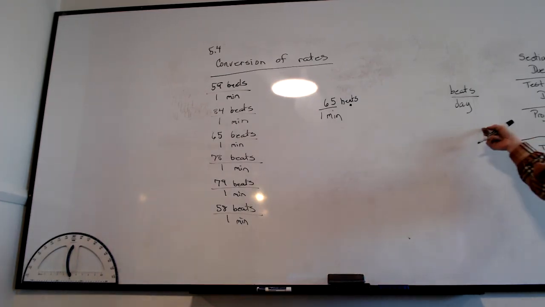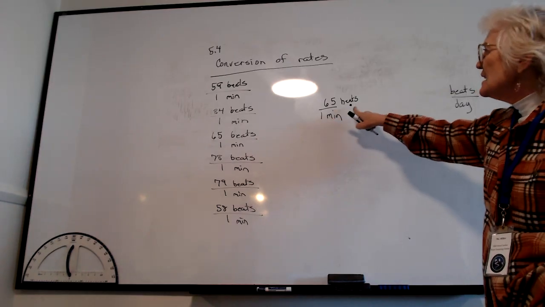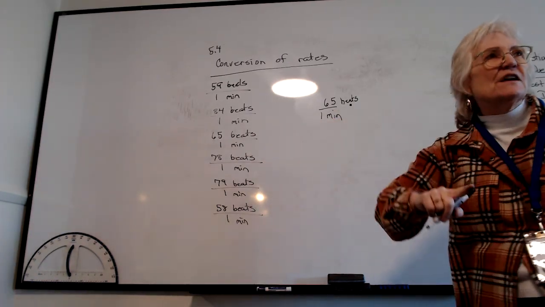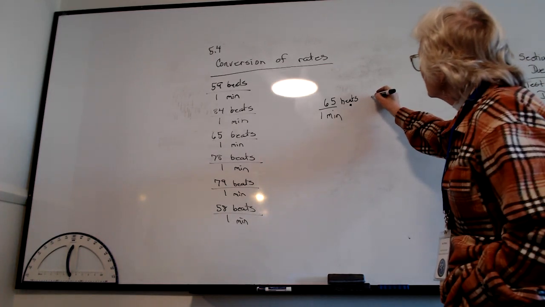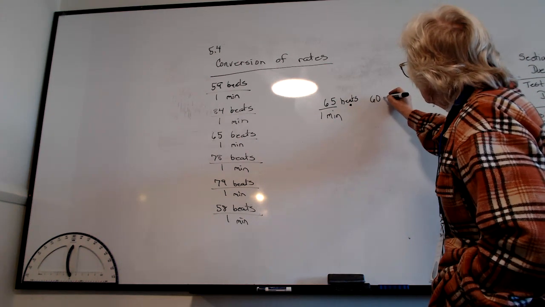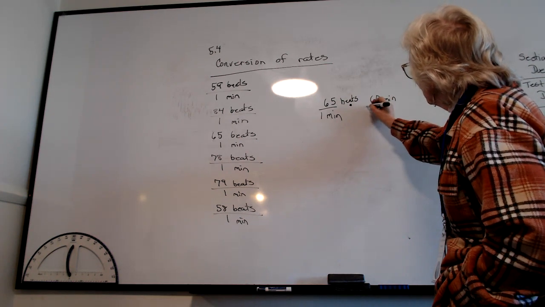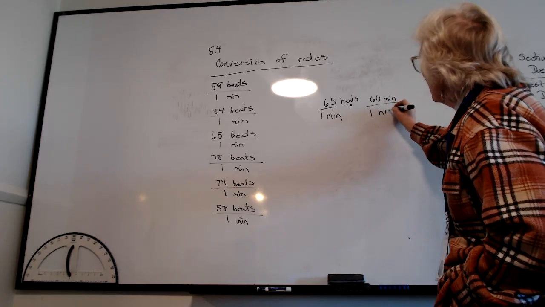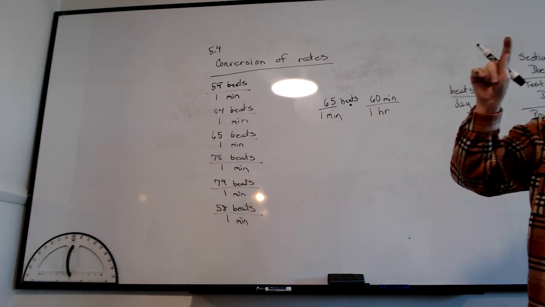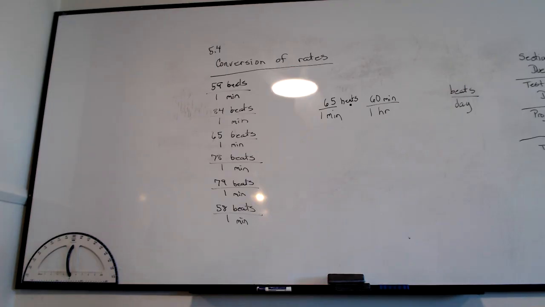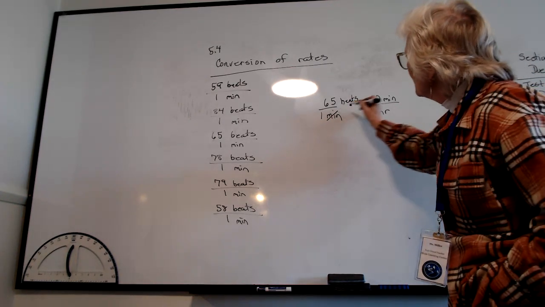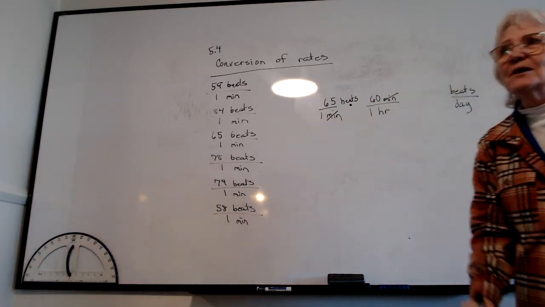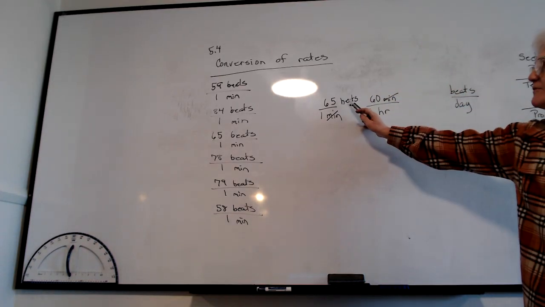So we wanted to get it into days. We can get minutes into hours. How would we do that? What would be my conversion rate I would use? Yes. Multiply it by 60. So it would be 60 minutes per 1 hour. The thing that's unique here, and because we're learning division, these minutes cancel because one is on the top and one is on the bottom. So now we actually have beats per